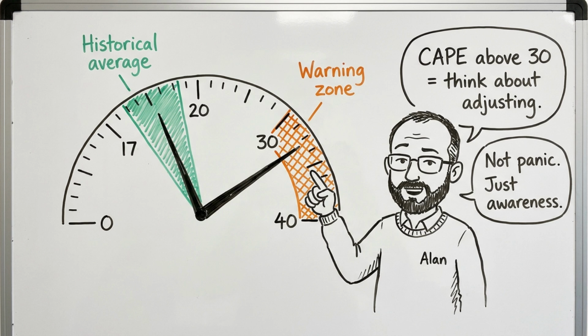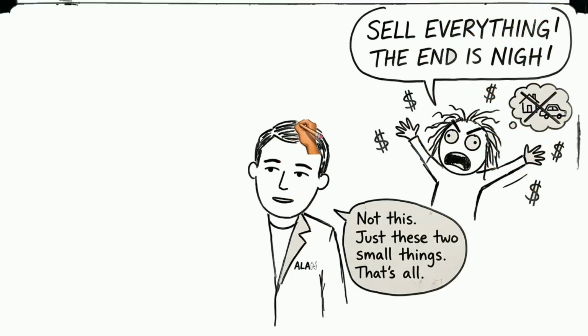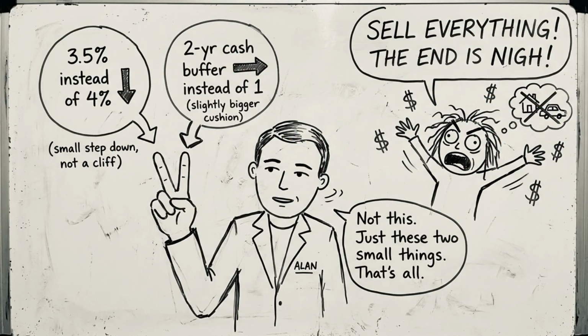When the CAPE is significantly above its historical average of approximately 17, expected 10-year returns are historically lower. When above 30, which has happened in recent years, some researchers suggest reducing the initial withdrawal rate to 3.5% or adding a valuation-based adjustment. The practical response: do not try to time the market or dramatically change your plan based